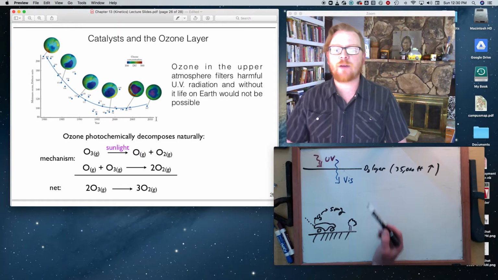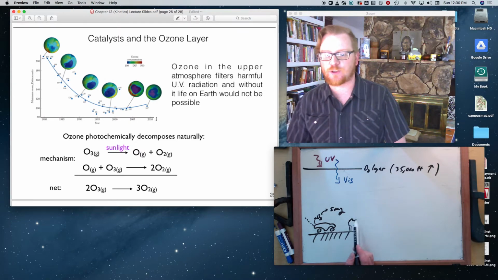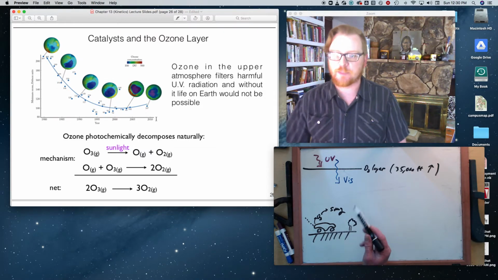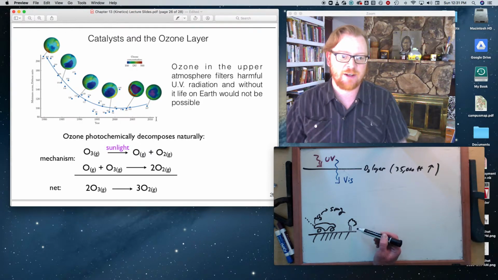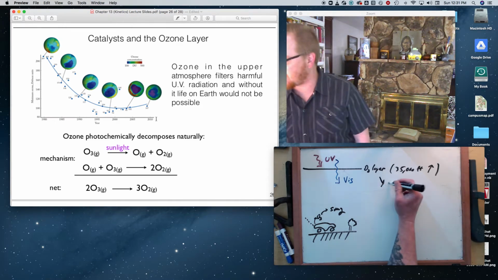However, we can't breathe it in because it's toxic. So if we had ozone down here where we live, at ground level, it would poison us. So it's a paradox, right? We need it way up here to live, but if we have it way down here, it'll poison us. So if we now talk about ozone layer depletion,